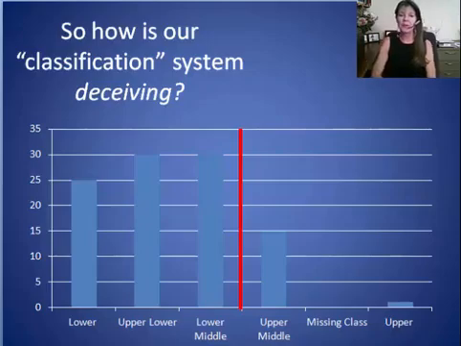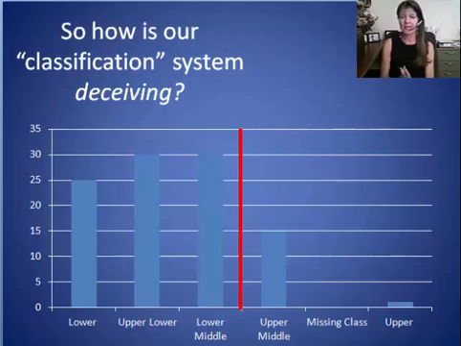Remember how we explored two ways before in which our class system is deceiving? First, the population is not normally distributed, so it's not divided equally on both sides of the middle line here, as is predicted if wealth was determined by ability and motivation. Instead, it's heavily skewed to these lower classes. Second, a class is missing in this five-class system.